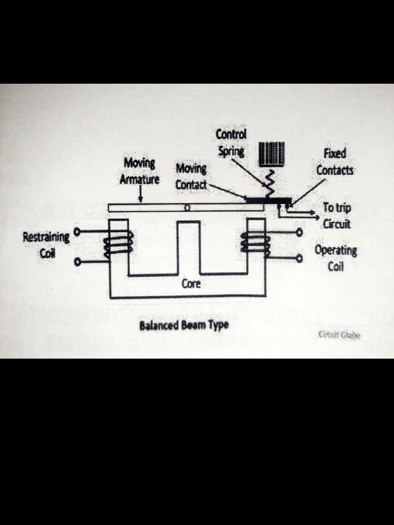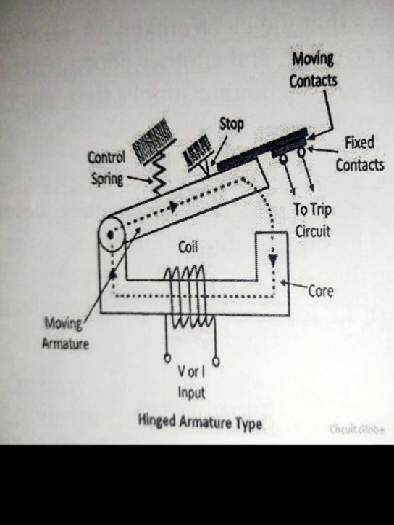In such a type of relay, two quantities are compared because the electromagnetic force developed varies as the square of the ampere turns. The ratio of operating current for such a relay is low. If the relay is set for fast operation, then it will tend to overreach, that means operate on faster operation.